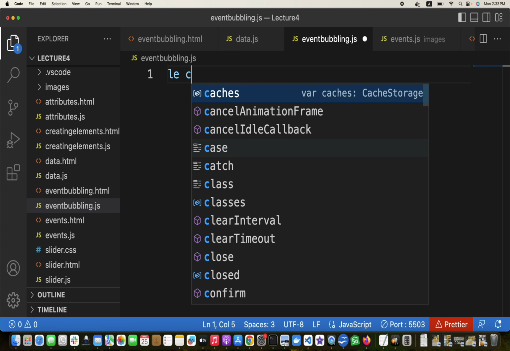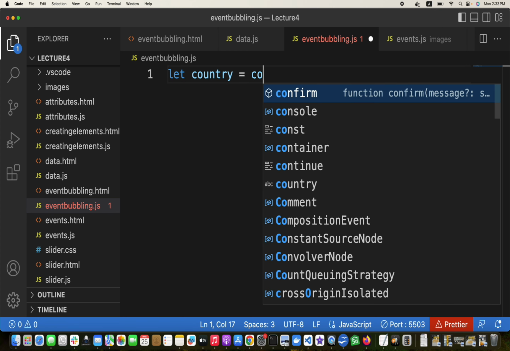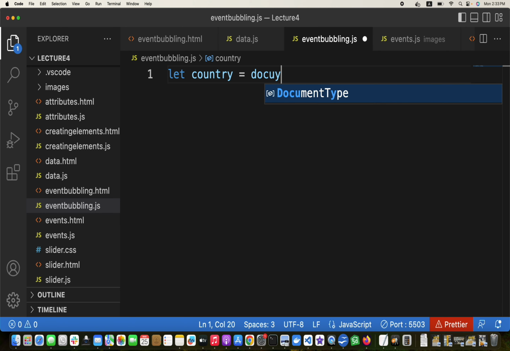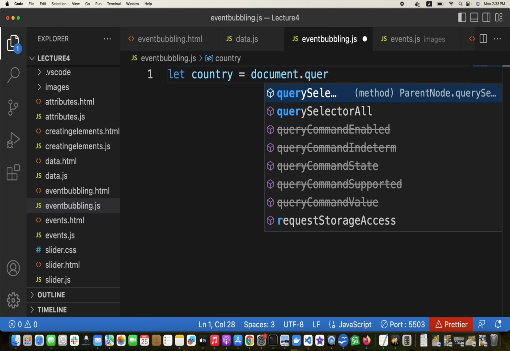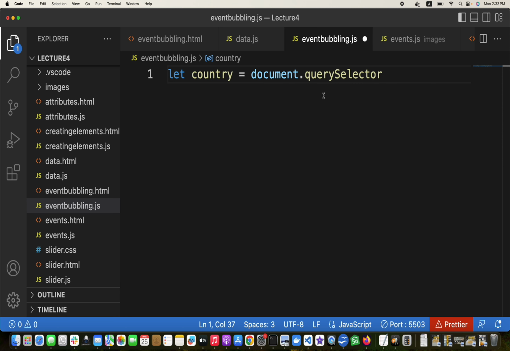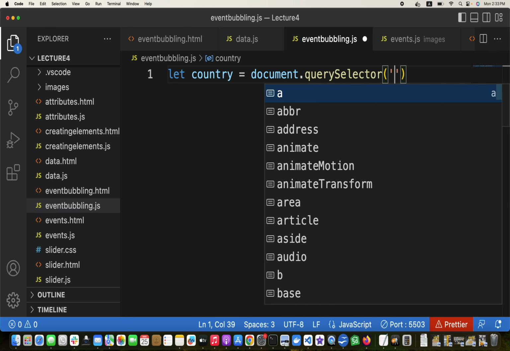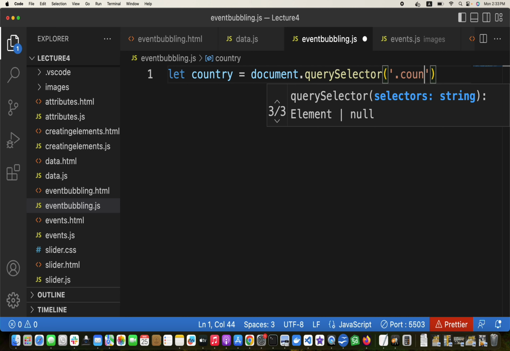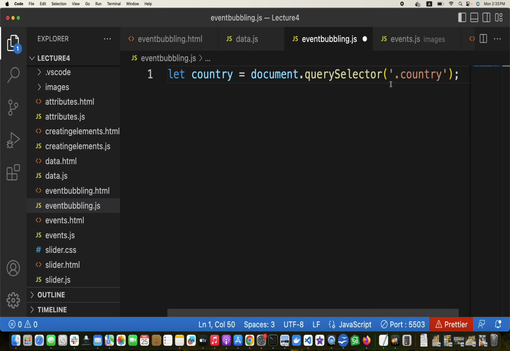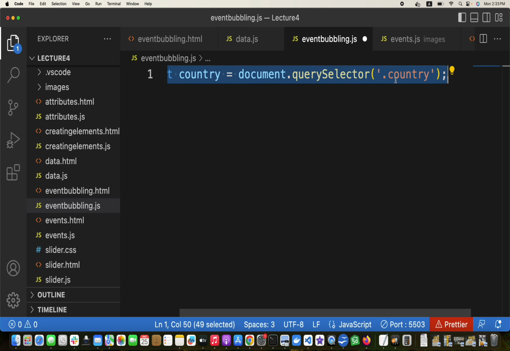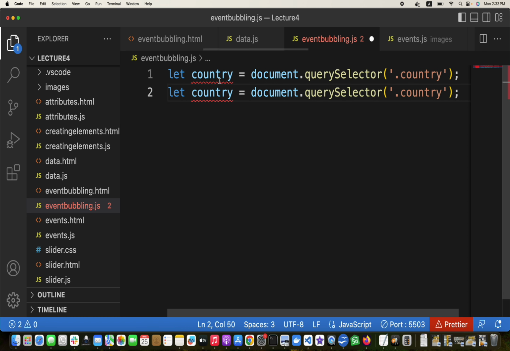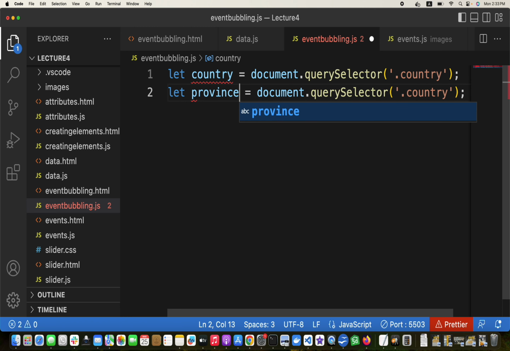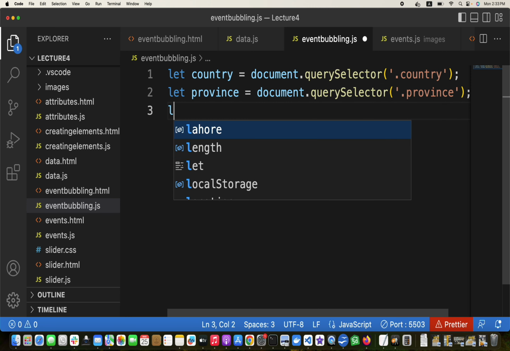So let country is equal to document dot querySelector dot country. This is province, and this is